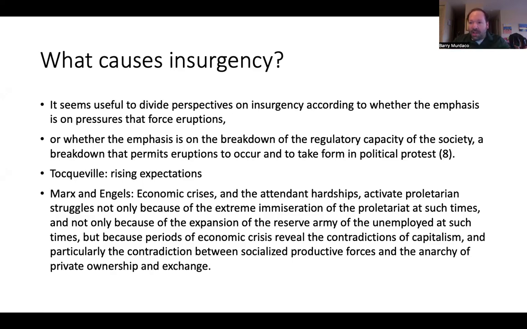So you have millions, if not billions, of people interacting in some way to produce basically everything. But the ownership of these things is held by a tiny group of people, maybe a few thousand people in the entire world. This to them is a contradiction, of course. It's irrational that only a small group of people would have ownership of this vast socialization of productive capacity.